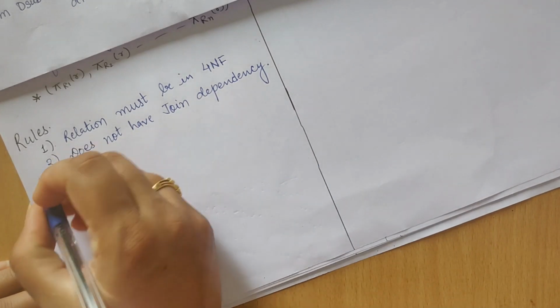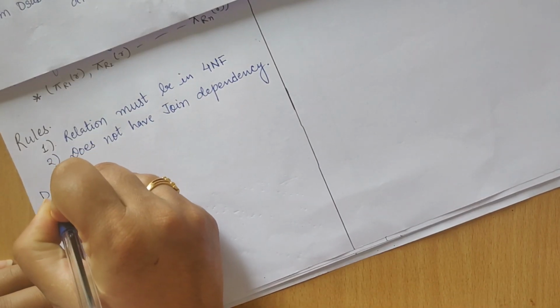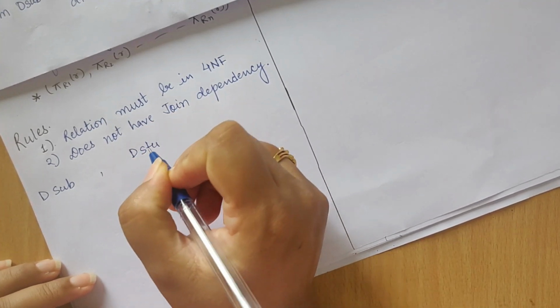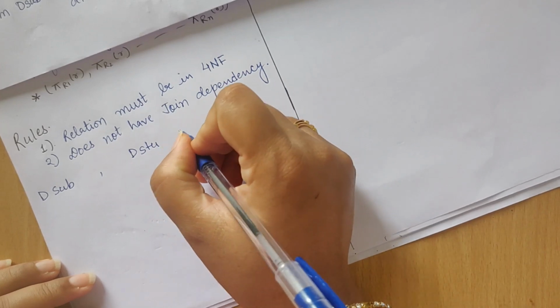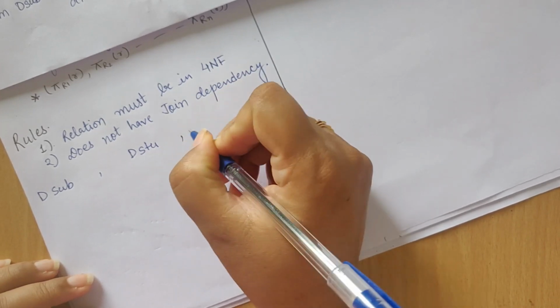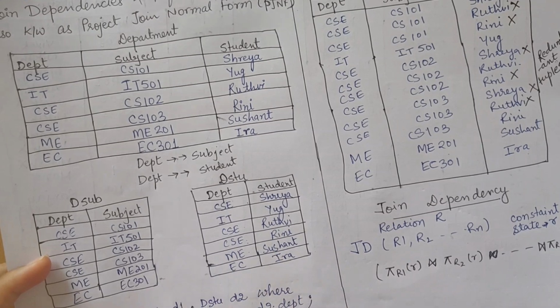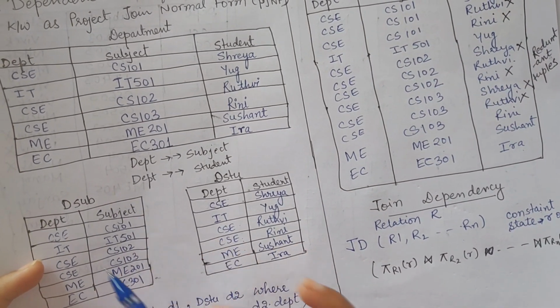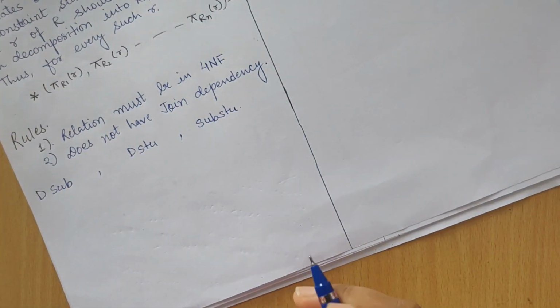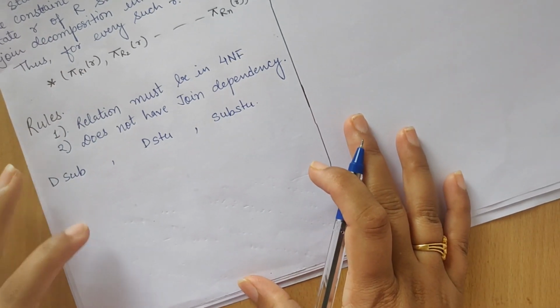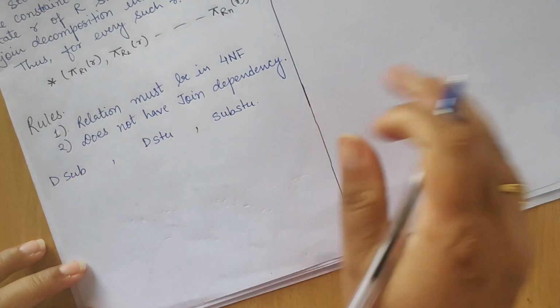My first table is D subject, my second table is D student, and let me have one more table, that is the subject student table. Because as you can see, the subject and student are not independent. So I need one more table, subject and student. And if now I try to join these, how will it happen? Now these 3 tables I want to join. So let me write the SQL syntax.